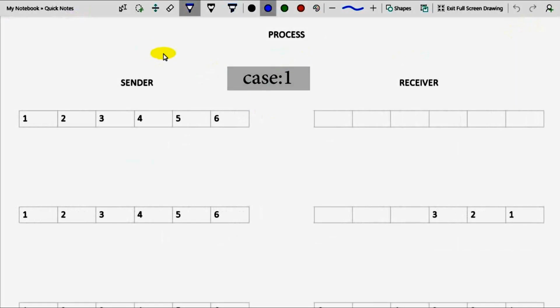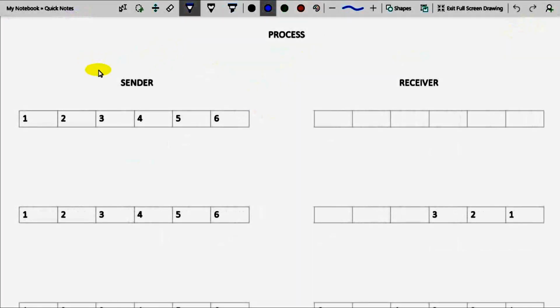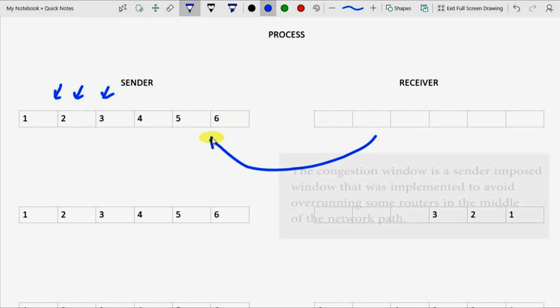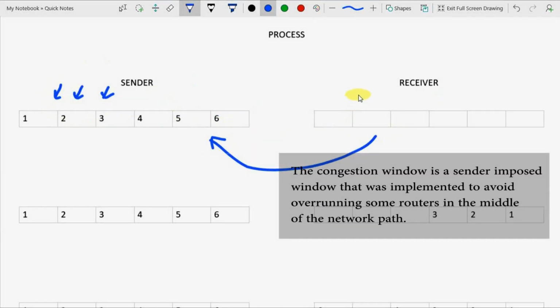Here the data is not sent as a whole. The data is separated into fragments of data, and a separate sequence number is given to each, like 1, 2, 3, 4, 5, 6. And the first step is the receiver advertising its congestion window length. Congestion window is nothing but the amount of packets, where a packet is nothing but a fragment of data, that can be received at one time.